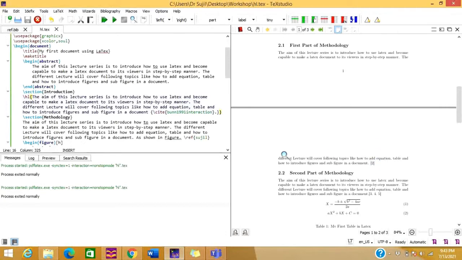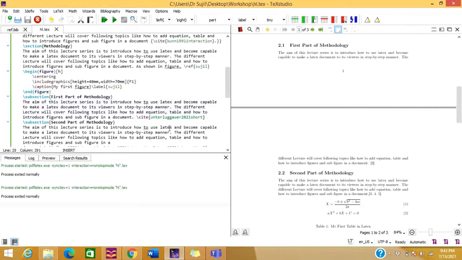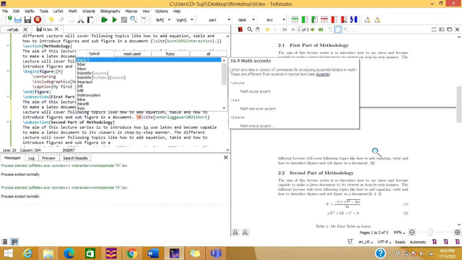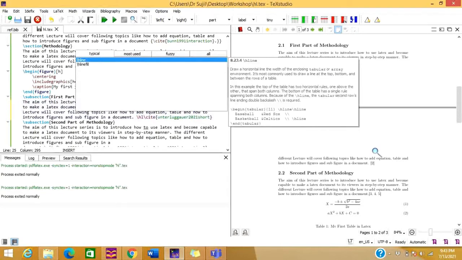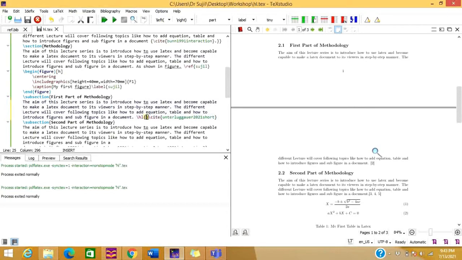For that also you can go back to the source by right clicking here. So you can see that the reference is here like this. Here you need to write \hl, highlight, and give one bracket here, and let us run this and see what is appearing.